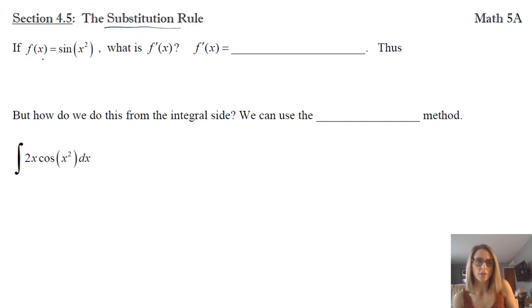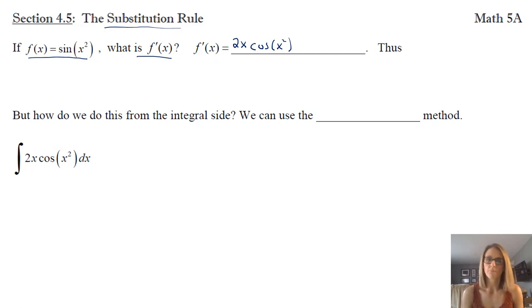So here we have a function, f of x equals sine of x squared, and the question is, what is the derivative? So you might say, well, I need to take the derivative of sine, and that is cosine. And I'm using the chain rule, so I'm going to have cosine of x squared, but I don't want to forget that I need to multiply by the derivative of the inside. Derivative of the inside is 2x. So I'm going to have a 2x on the outside. And I could also obviously have it multiplied by 2x, but I'll keep the algebra part in the front.